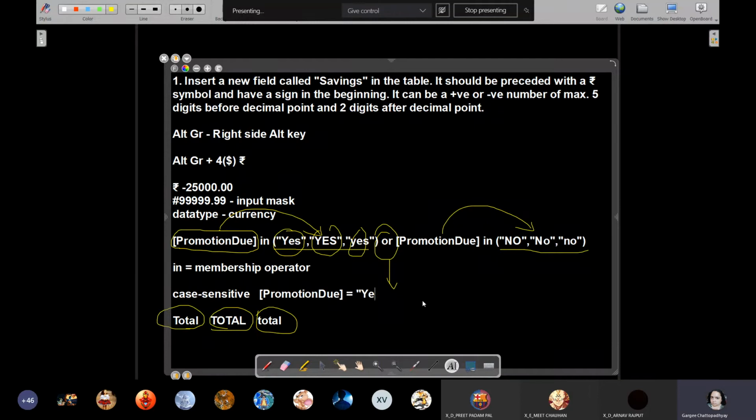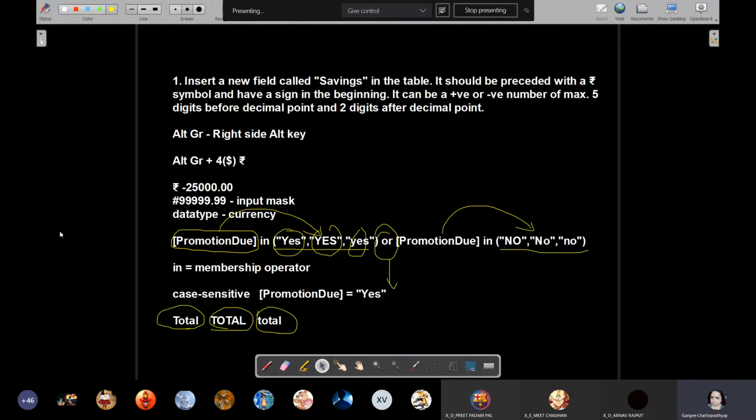is equal to Yes. So what is it? It is title case. But when the data entry operator is entering lowercase yes, it won't match. Why? Because in programming languages, all these characters have certain codes. Capital letters have a different code and small letters have a different code. That is the reason why when they are compared with each other, they are considered as different values. Understood this? Is it clear?